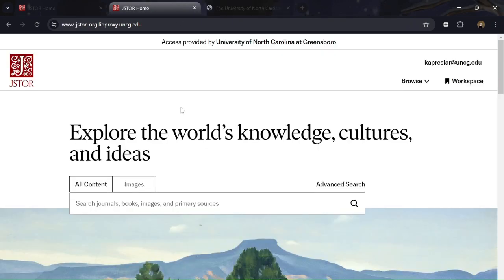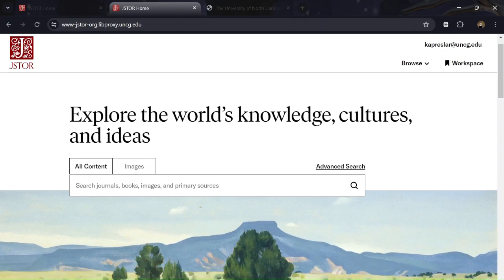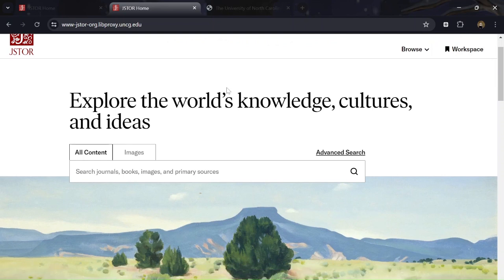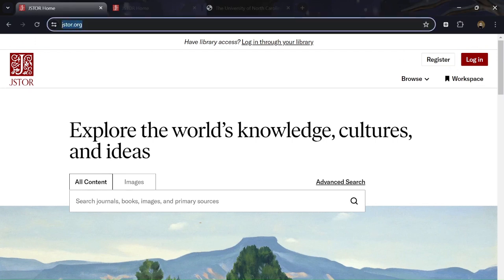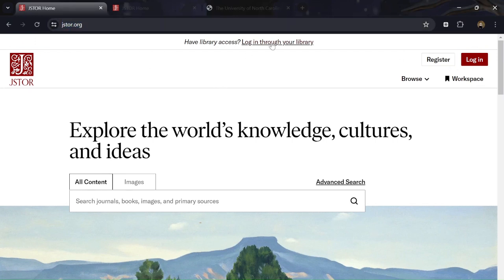JSTOR is a wonderful resource for conducting your research because it is a digital library that has over 10,000 sources that are comprised of both primary and secondary sources. This is especially helpful for assignments where maybe you're going to be doing some sort of literary criticism and you need both the primary source and then also the secondary source at the same time, and you only want to use one database. So you can navigate straight to jstor.org, where you can then scroll to the top and log